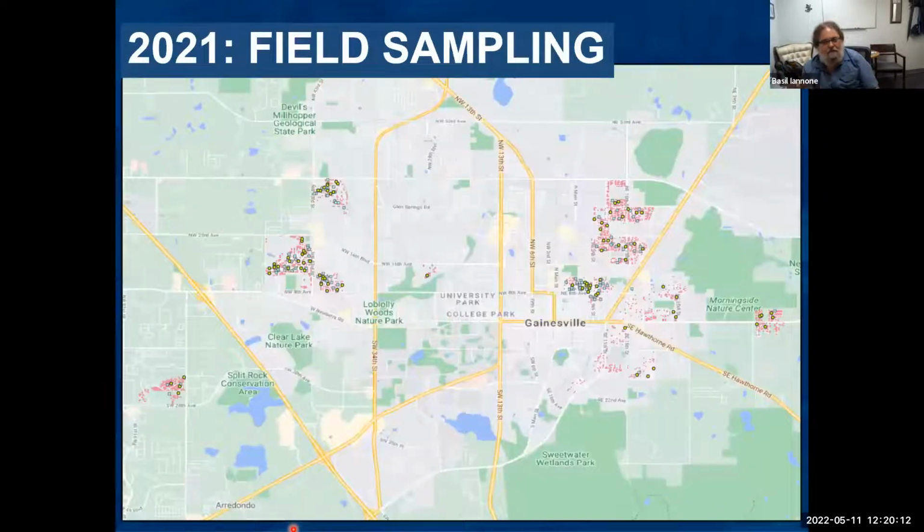So we did a follow-up in 2021 where we sent out 1,200 more surveys, and we worked with community leaders in lesser served areas of the town. Now we got 94 respondents. We sampled 60 more yards. The reason we want to do this is because whatever recommendations we come away with, we want them to be equitable, right? We want people to be able to afford to do this in their landscape if we want environmental benefits. Equitability is a pillar of sustainability, of course. So we did get that. We got lower income neighborhoods and also higher income neighborhoods, with more conventional landscaping.